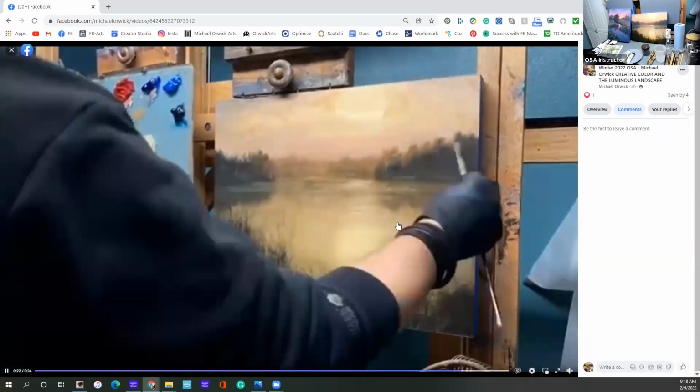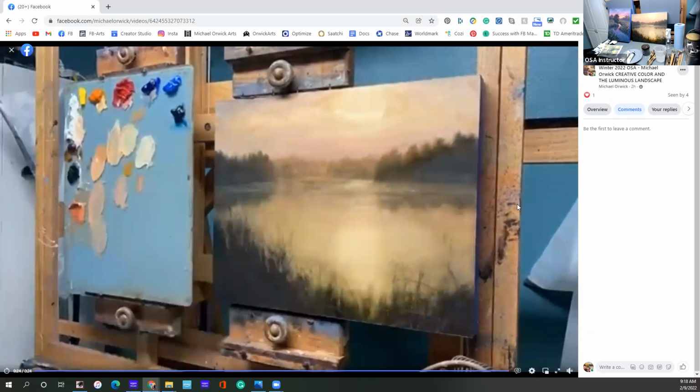So to do the finished image, which again is up on the easel, I had to come back in and paint those. So after about this layer, I let this dry for a day or two, at least to tack up enough. And then I came back in, redesigned these hills or trees back here a touch more. And then I came back in and painted the